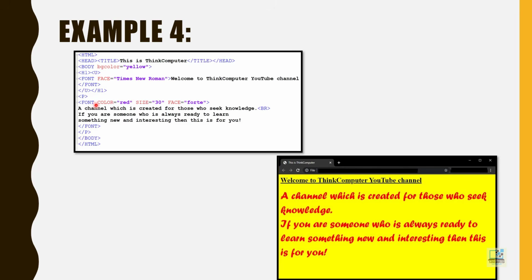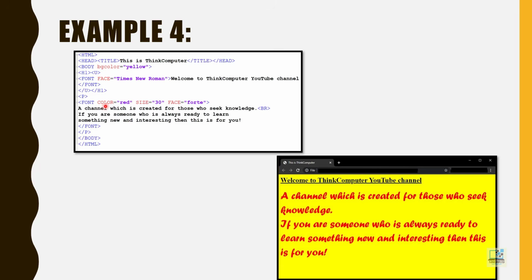Remember, in the font tag, when you are specifying the attributes, there is no specific order in which you should specify the attributes. Means if you want, you can write the face attribute first and then after that you can write the size attribute, or first you can write the size, then the color and then the face. That doesn't matter. Also, it is not compulsory to use all 3 of the attributes. Like in this case, I have only used the face attribute, whereas in the second case, I have used all 3 of the attributes. And whenever any tag is closing, we do not have to specify the attribute. The attribute is only specified in the opening tag.